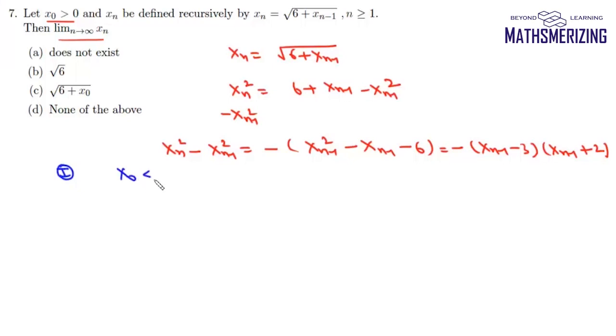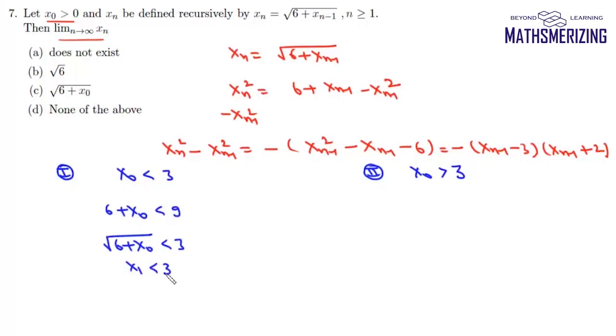if x0 is less than 3, and case 2 if x0 is greater than 3. Now if x0 is less than 3, then if we add 6, 6 plus x0 will be less than 9. That is, the square root of 6 plus x0 will be less than 3. We can write x1 will be less than 3, and using the same iteration we can write xn will be less than 3. Then in that case this function will be